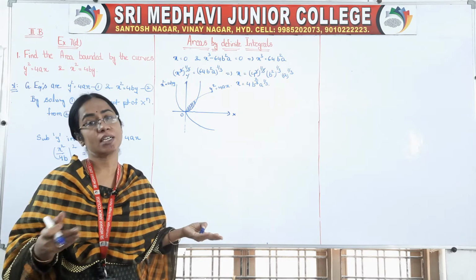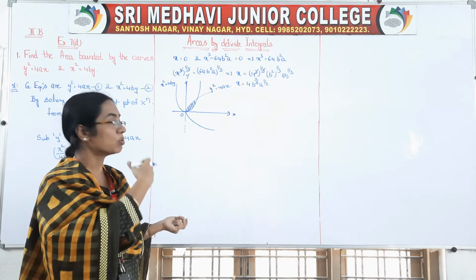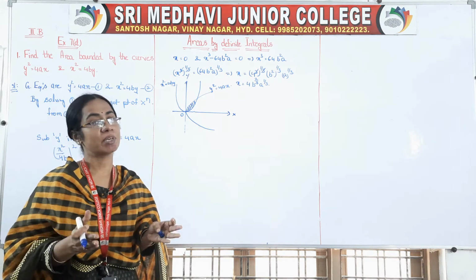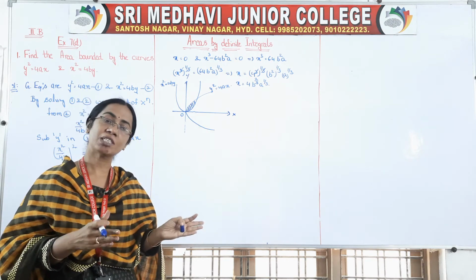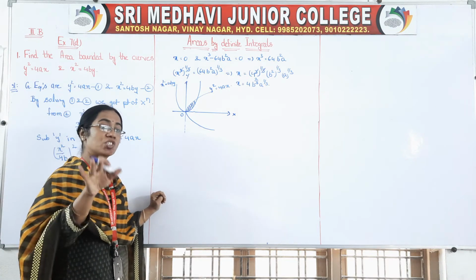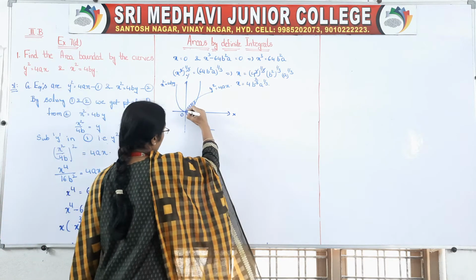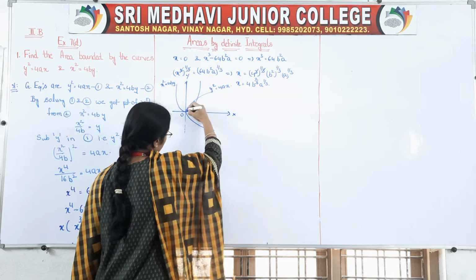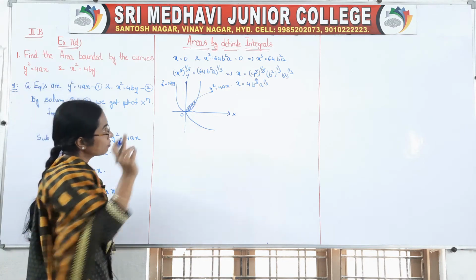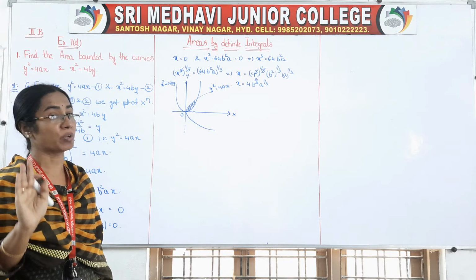So how we know that they are standard form equations, general equation of the parabola. So we know how the curve lies, right? One curve's axis will be x, it is symmetrical with the x-axis. Another curve is symmetrical with the y-axis. Now you decide which curve comes upwards, which curve comes downwards. With that we can find our area. So which curve comes upwards? This curve comes upwards and this curve comes downwards, isn't it? So which curve comes upwards means this one comes, but curve means always we will take y value, remember.